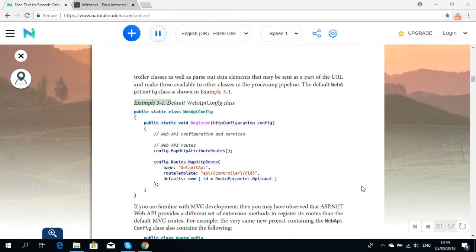Example 3-1. Default WebApiConfig class. public static class WebApiConfig { public static void Register(HttpConfiguration config) { // Web API configuration and services // Web API routes config.MapHttpAttributeRoutes(); config.Routes.MapHttpRoute(name: "DefaultApi", routeTemplate: "api/{controller}/{id}", defaults: new { id = RouteParameter.Optional });